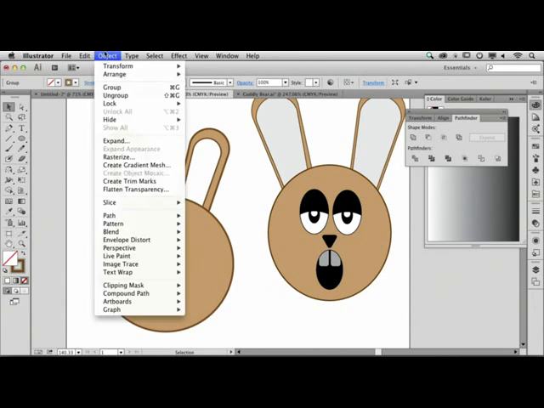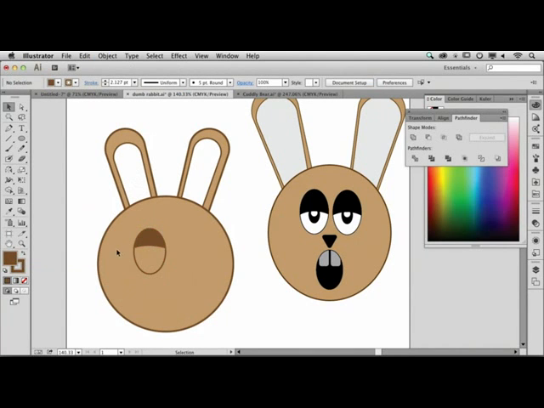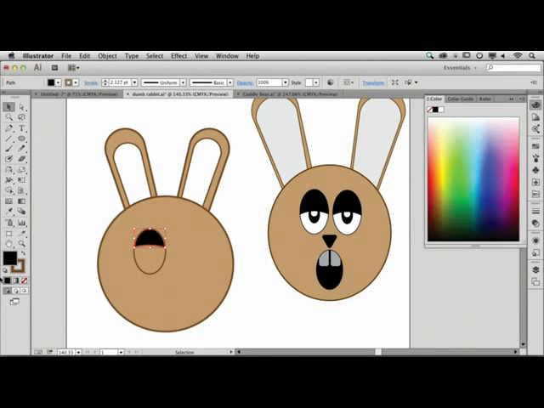I need to ungroup that. I'm just going to say Object Ungroup. So I have two separate items here, and I can take this item at the top and fill that. In this case, I'll just drag it across and fill it. All right, so I've got the beginnings of my eyes here. If we want to change that to black, we can. Let's just do that so it looks a little bit like we were expecting. Make sure my stroke is also black, and then let's do a fill of white so we don't see through his eyes into his skin there. So we've got the